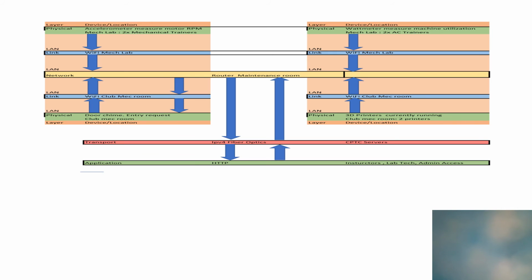entry or deny entry. This time, as you can see from the map, most of the devices will be stationed next to the machines themselves. So we'll have to utilize the Wi-Fi that's available in the rooms. And then from the Wi-Fi between the mech labs and the mech room, it'll go to the main router where it's in the maintenance room. And then from there, it'll go through fiber optics